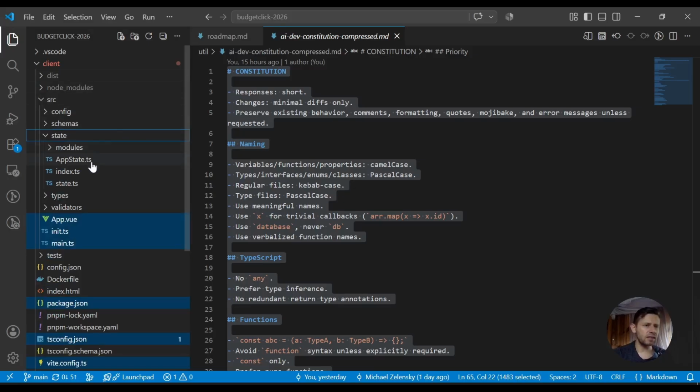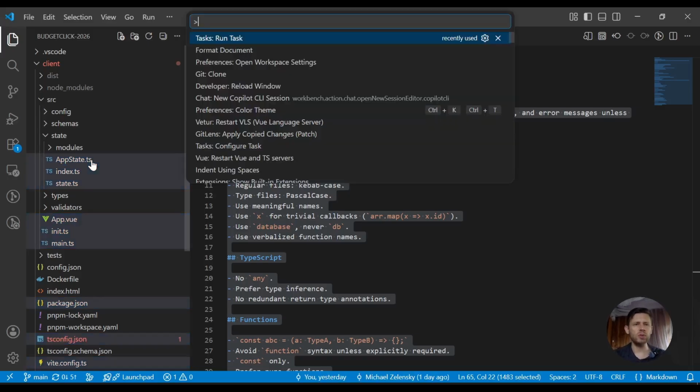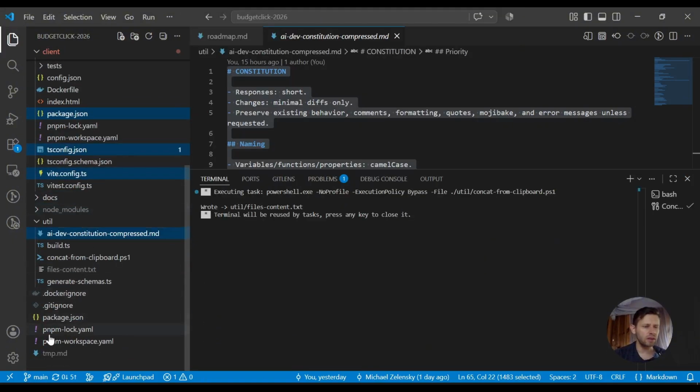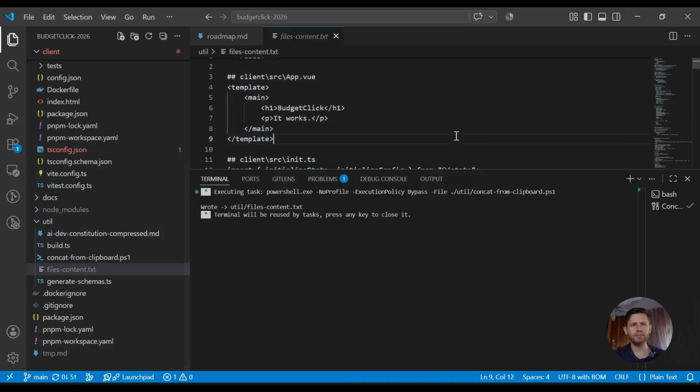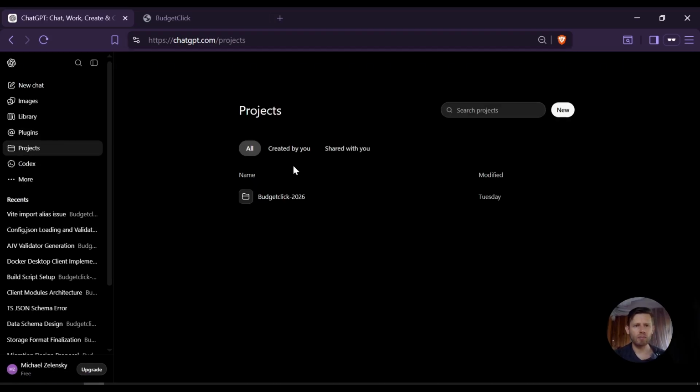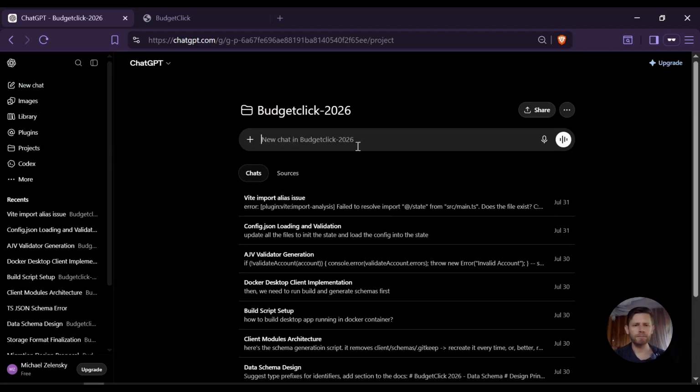Let's add state, for example, just to give some sense of the code to ChatGPT. Let's get all those files content. It's here. Copy, create a new chat,